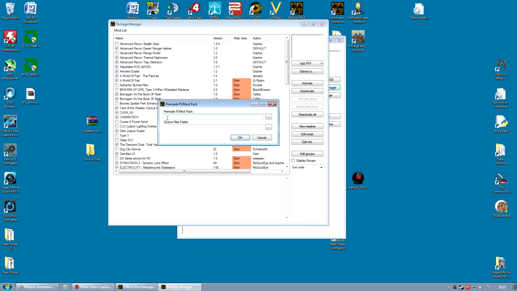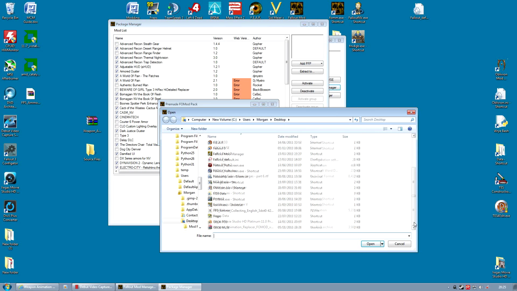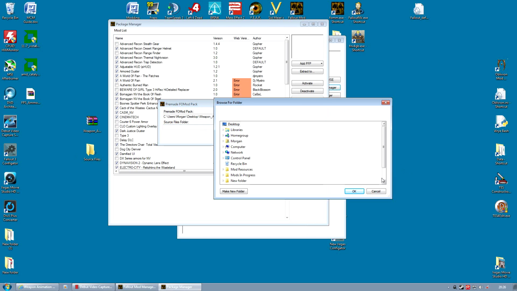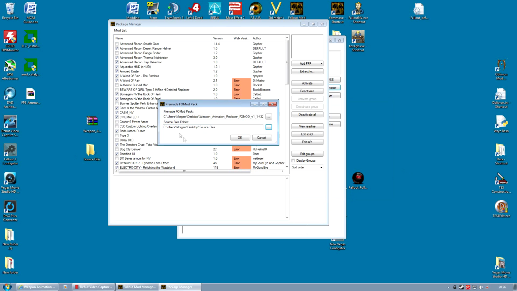Select that, then select the premade FOMod pack, which is the RAR archive, Weapon Animation Replacer mod that you downloaded from my site. The Source Files folder, that is simply this Source Files folder. Just the folder, don't need to select the files, I just need to select the folder. And that is it. Click OK, and